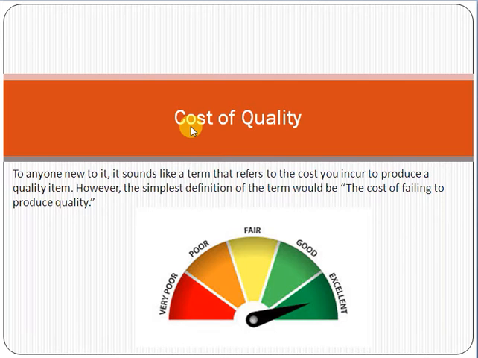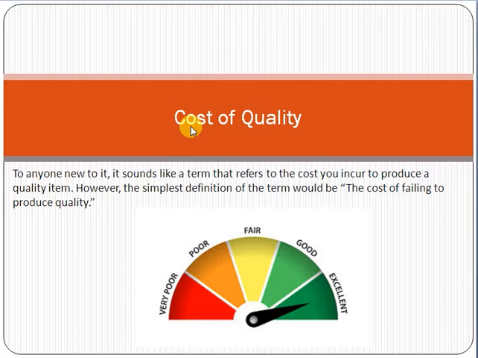However, friend, cost of quality means the cost of failing to produce quality. It is the calculation, it pertains to the cost of failing to produce quality. You are basically identifying the items which are failing to produce quality. This is called cost of quality. So friend, cost of quality does not mean the cost which you are putting in to maintain the quality, it means the cost of